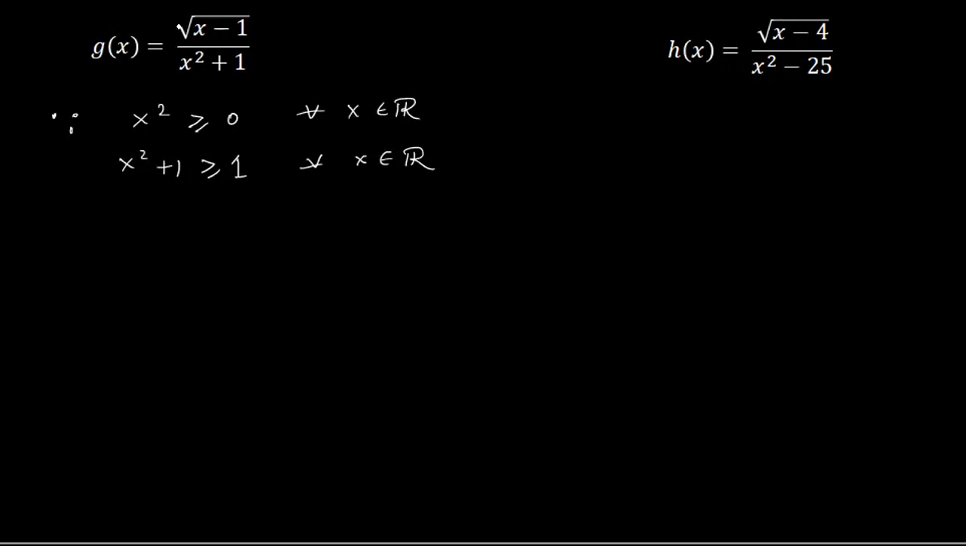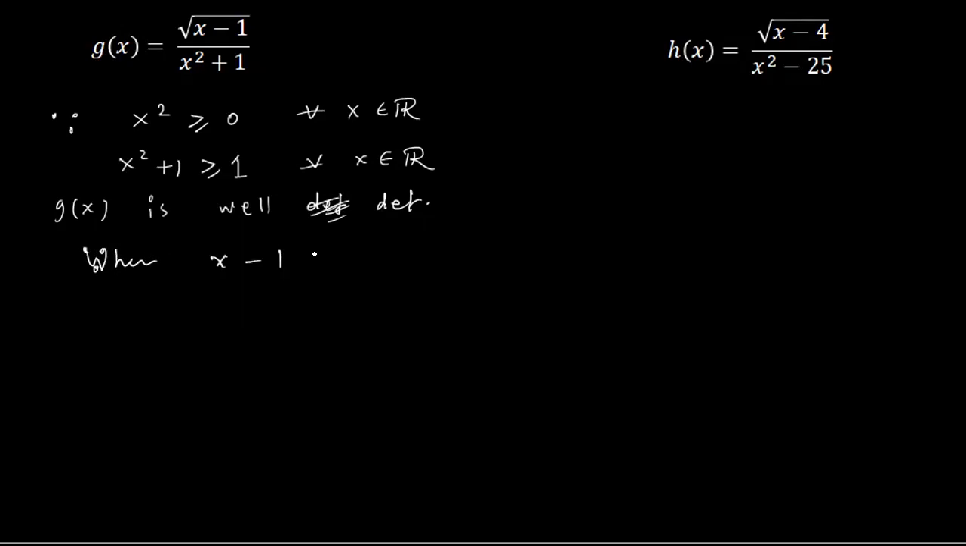Now our numerator is basically square root of x minus 1. Okay, so we say simply g(x) is well defined, since g(x) is well defined when